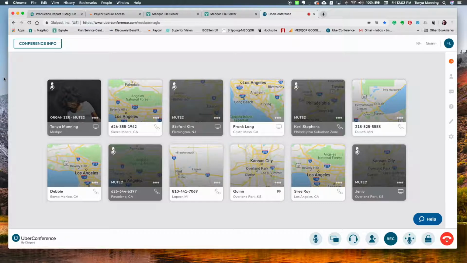So for today, what we're gonna do is I'm gonna pretend I'm gonna be the designer, and Jeniv is gonna pretend he's gonna be the editor. So we're gonna kind of do a higher workflow of how it's gonna work, the communication from the editor to the designer during the design production process from the start to when the internals are placed out